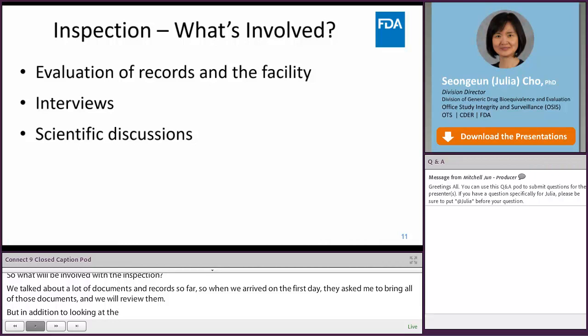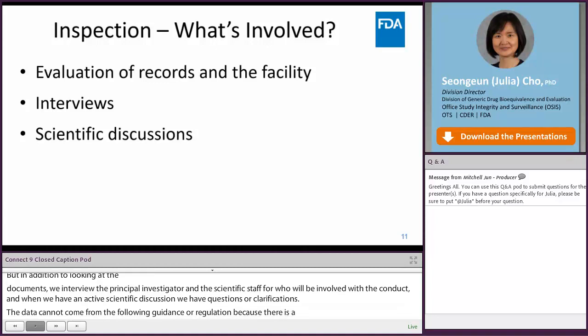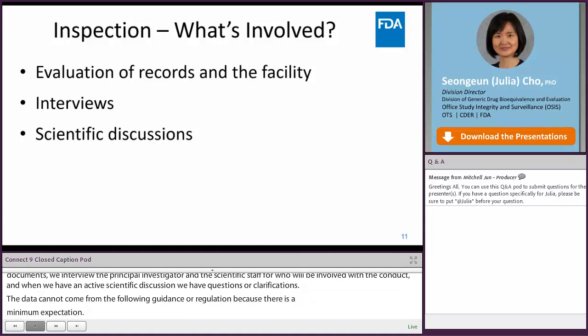Good data cannot come from just following guidance or regulation because they just set the minimum expectations. Therefore, these healthy scientific discussions really help your staff as well as our inspectors be on the same page and be clear about the justifications of certain decisions that the firm made